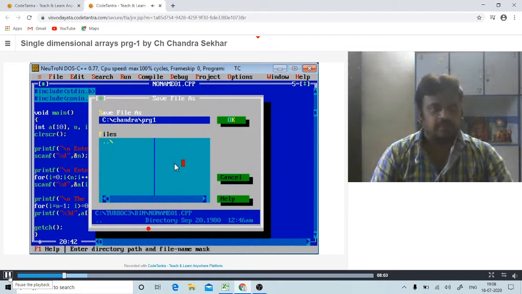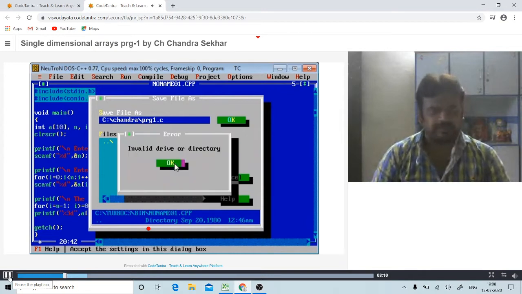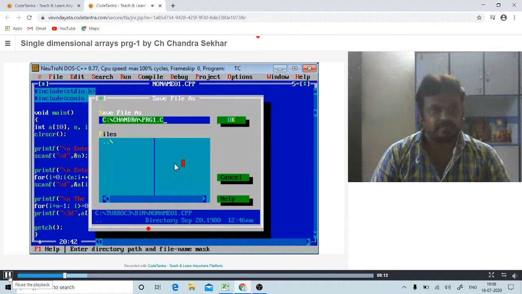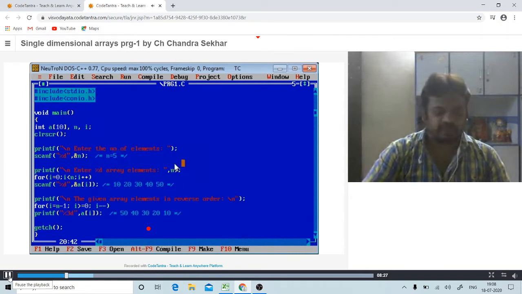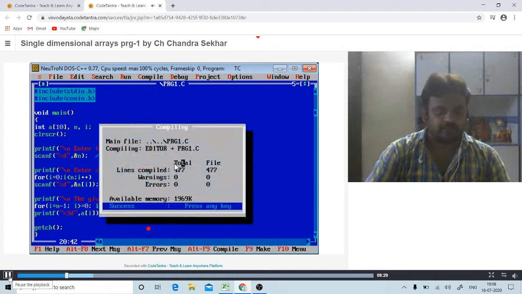My program name is pr1.c under C. The Chandra folder is not available, so I'm using the directory C colon slash Chandra slash pr1.c. Okay, save it. Now I'm executing, that means Alt F9, compiling the program. So 0 errors and 0 warnings.